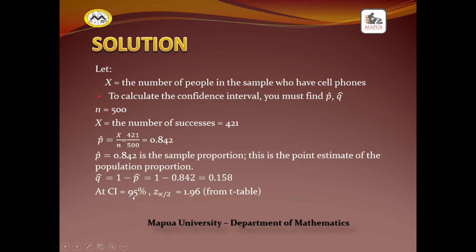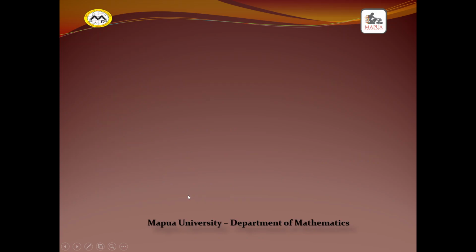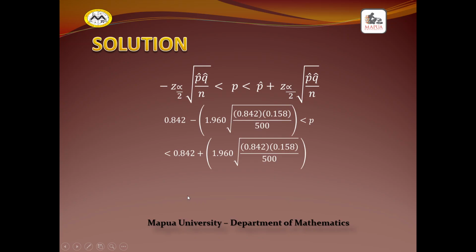At 95% confidence, from the table, as we discussed in our previous lesson, we can obtain the z-score of the significance level over 2. At 95%, this is equal to 1.96. Then, substituting in our estimation for the population, so we have this as the